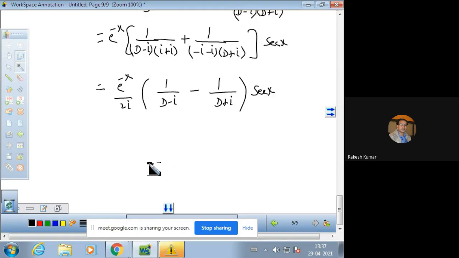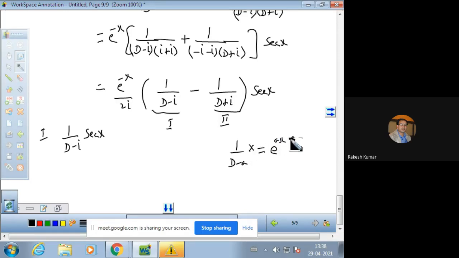Now you can find the particular integral of part 1 and part 2. So part 1, part 2 is there. Secant x will be taken here. So for part 1, we will have the particular integral 1 over D minus iota into secant x. Now we can apply the rule. The rule is 1 over D minus a into X, you will have e raised to power ax integral e raised to power minus ax into X dx. This is the rule we can apply.